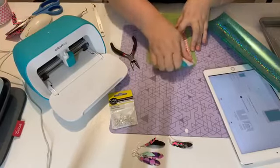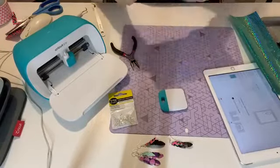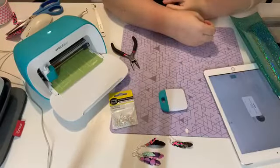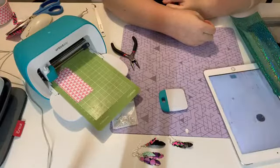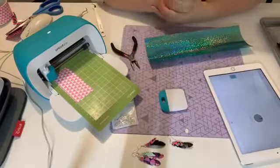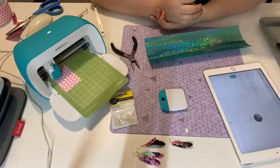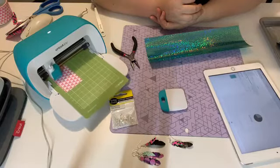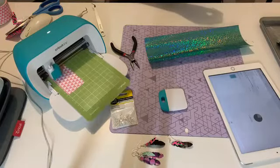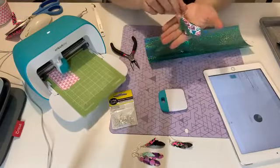So I'm going to use some of the duct tape just to stick it to the mat. I'm just going to go back to this one and redo the cut. Hit go. It's just going to recut the design. Now, for those of you waiting, this is an example of what we're going to be making. I've got to put them in my...